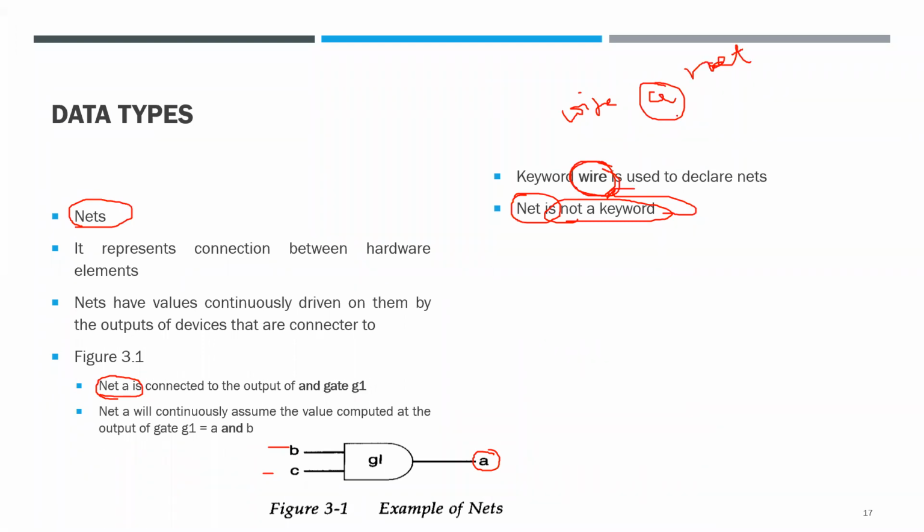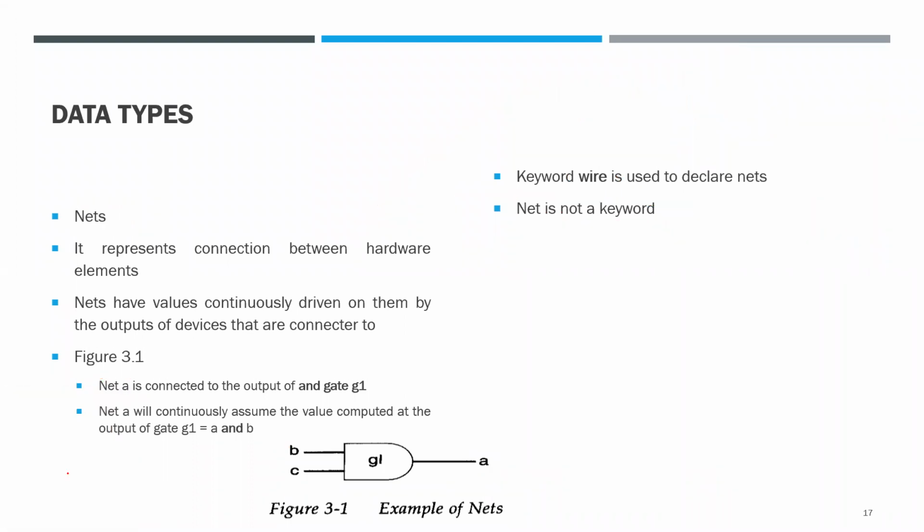And it is basically telling me about the hardware connections, how the connection has been established. So when I use this variable to specify something like an AND gate, I give the inputs and outputs. There I'll get to know what is actually happening, how it is getting interconnected. So remember, net is not a keyword. To define a net data type, we make use of the keyword wire.